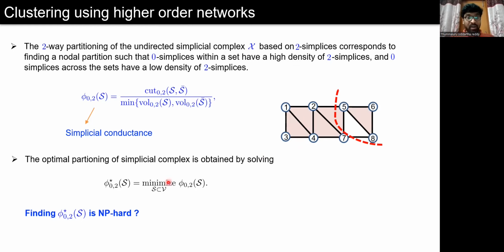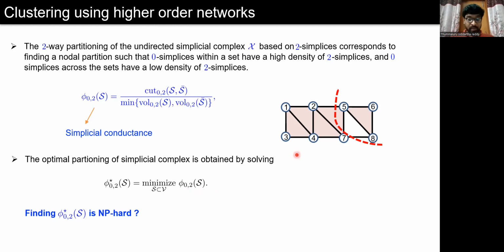Further, to optimally partition the network or the simplicial complex, we need to minimize the simplicial conductance. Finding the optimal partition by minimizing the simplicial conductance is NP hard due to the combinatorial nature of the optimization problem. In what follows, we relax the simplicial conductance in terms of the simplicial Laplacian, which captures the relationship between the zero